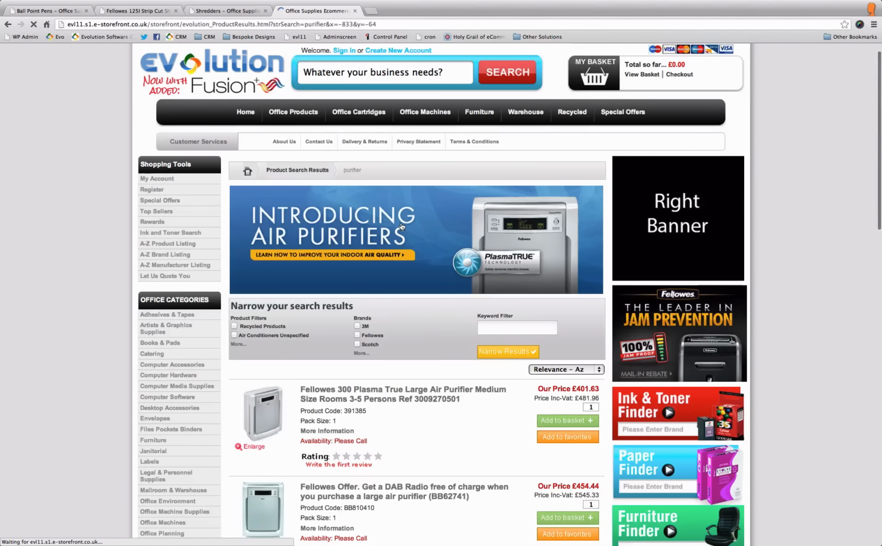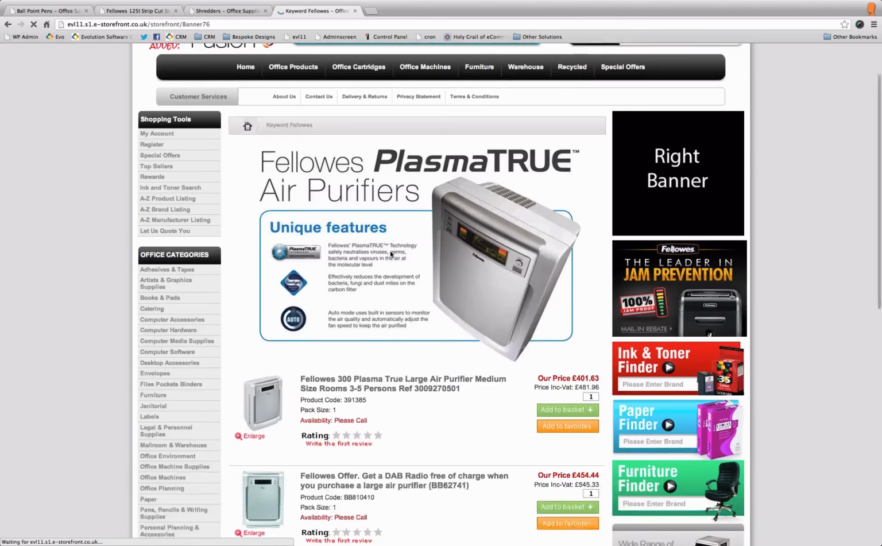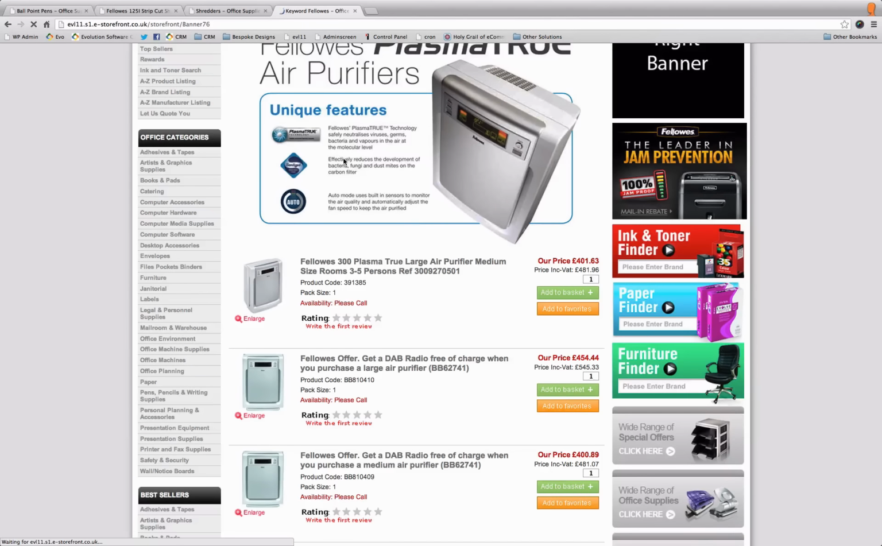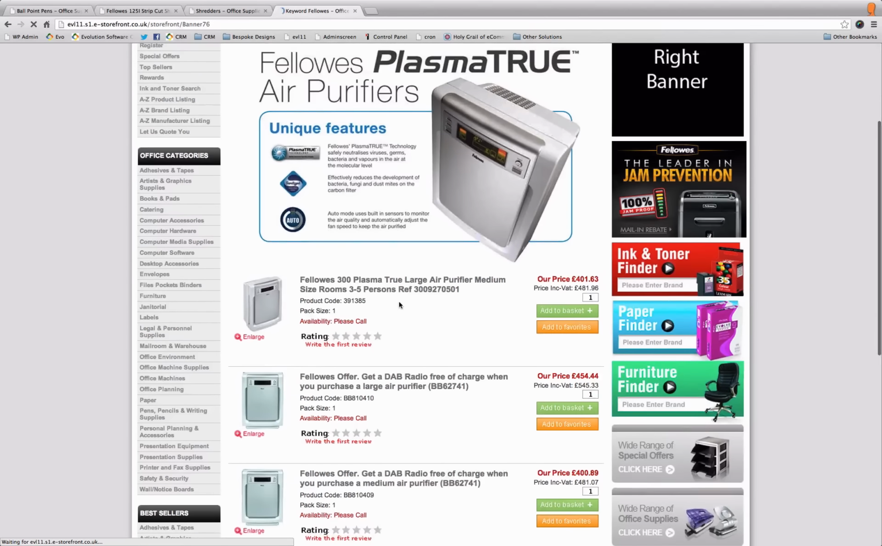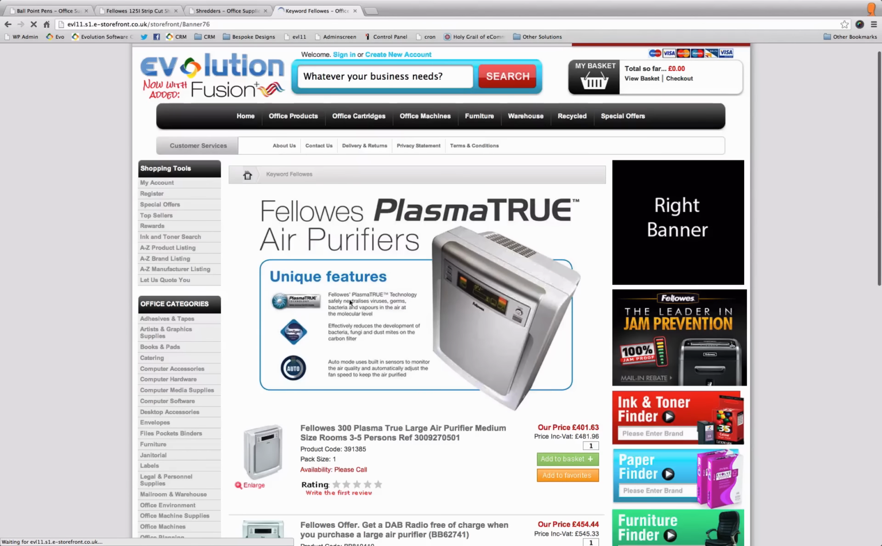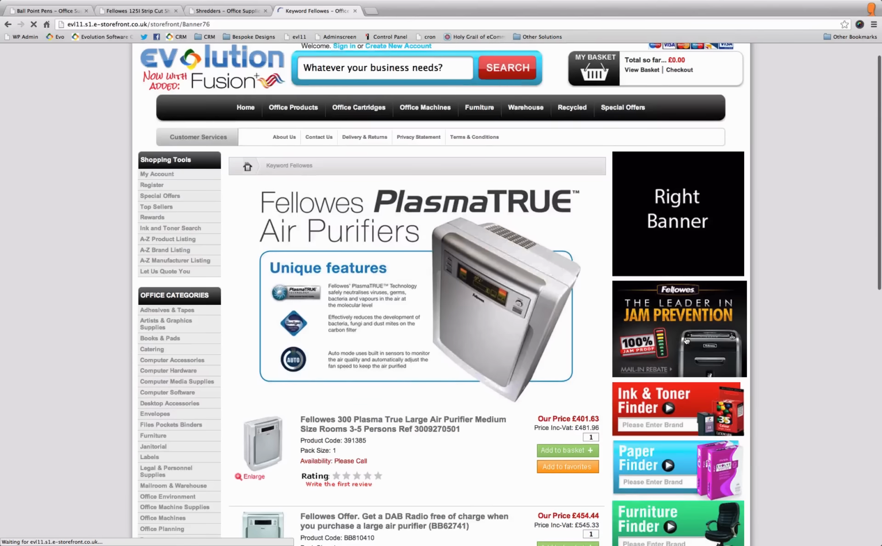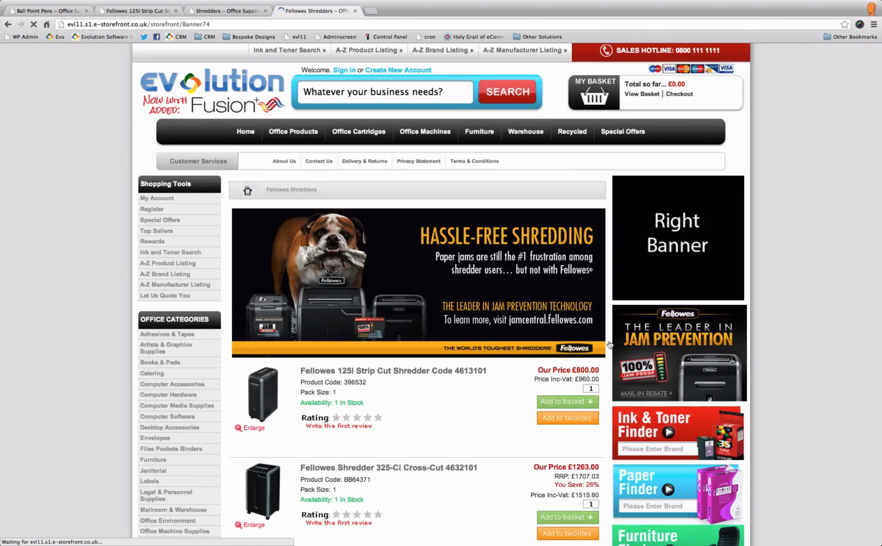And if we click on that banner, you can see it takes us through to a landing page behind that banner just talking about the features of the Fellowes purifiers. We can of course add text to this if you want to. If you look back over to the right hand side, you can see we've still got our other banners here, and if we click back onto the Fellowes banner here, it takes us back to that landing page,